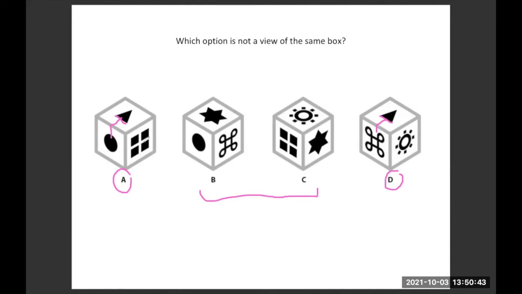No, I don't see it. Then I see the circle and those four squares. They are coming together at one place, here. So what will I come to know? That B is showing one side and C is showing another side. Correct? If I'm starting from that kind of assumption, there is one common thing in both. What is the common thing? Star. The star is common in B and C.